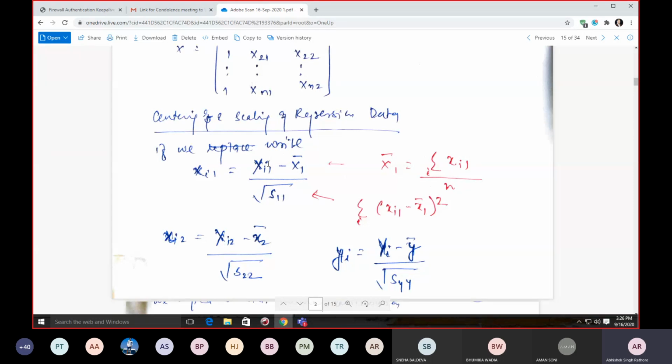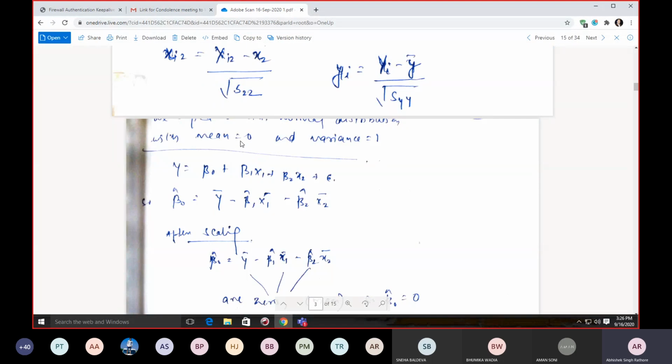It means that we are having mean equal to 0 and standard deviation equal to 1. Instead, if we are considering only this value, then we can have some mean available, that is x1 bar. We can have some mean available, this is x2 bar. So when we are moving to this by applying this, we can say that we are moving to our standard normal distribution. It means that we are having mean equal to 0 and our variance just equal to 1.